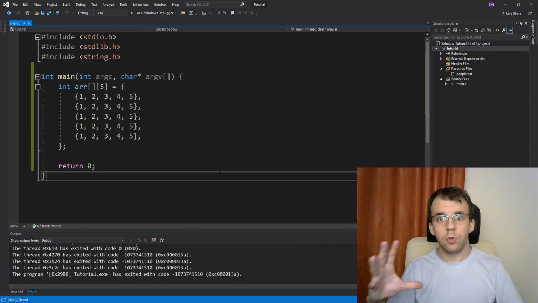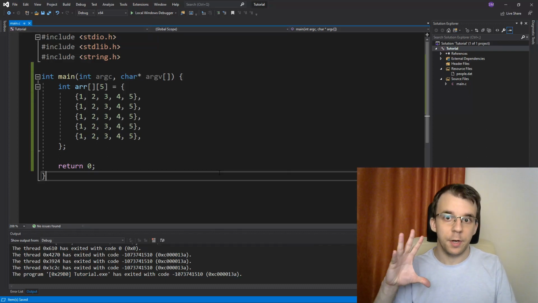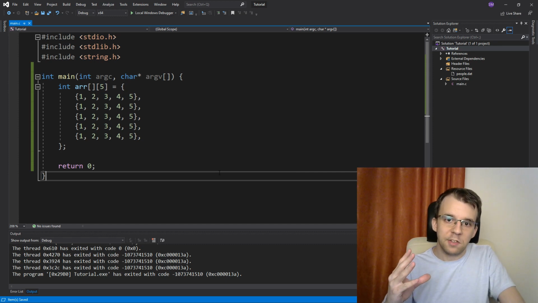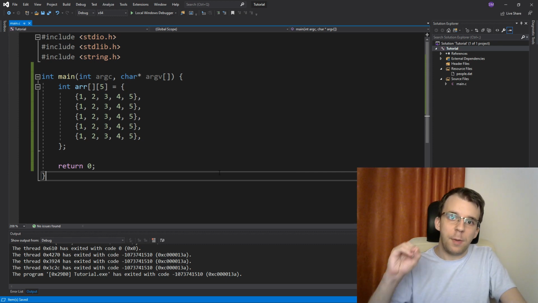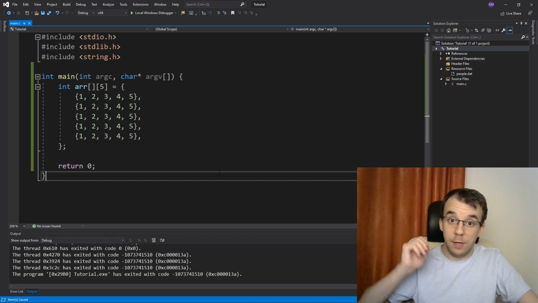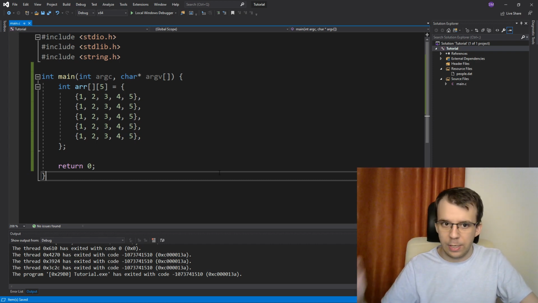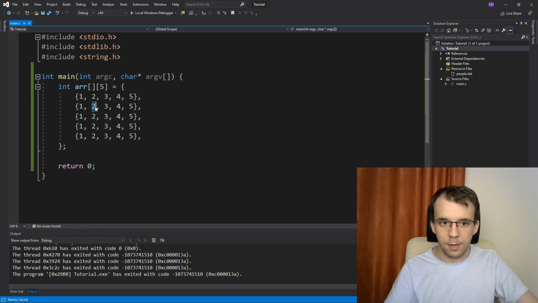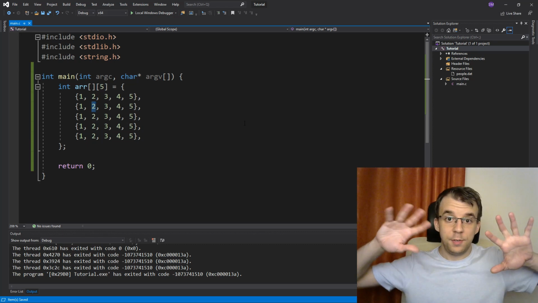In today's video, I want to talk about something relating to multidimensional arrays. So here we have a 2D array, and what I want to take a look at is how to do operations based on the neighbors of a certain element inside the array. So for example, here we can have this element, and let's say we want to sum up all the digits